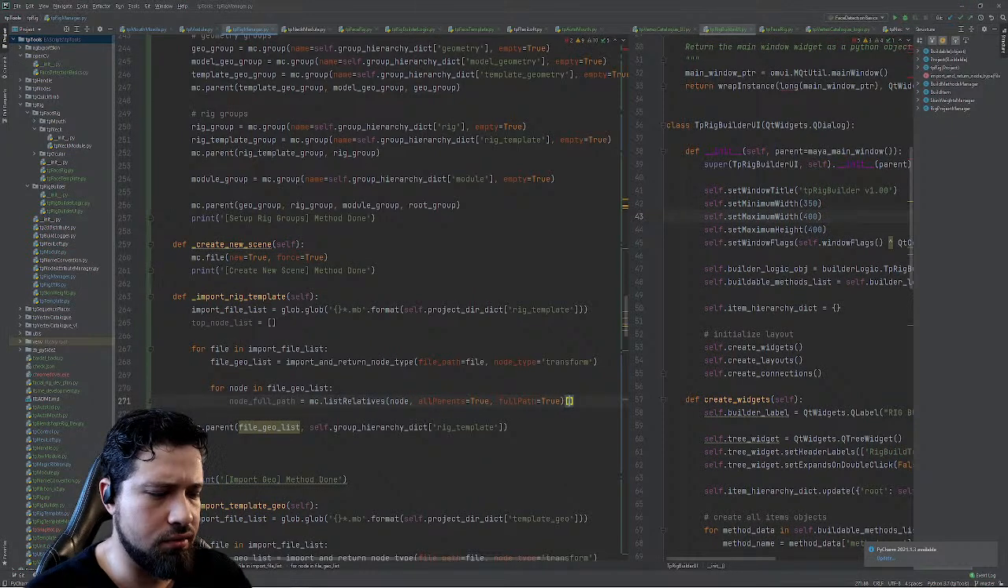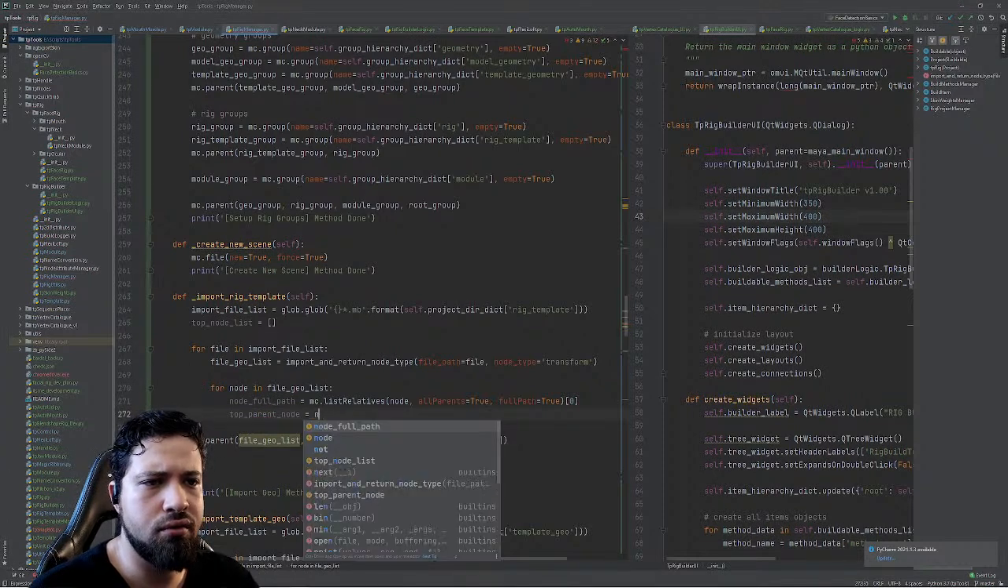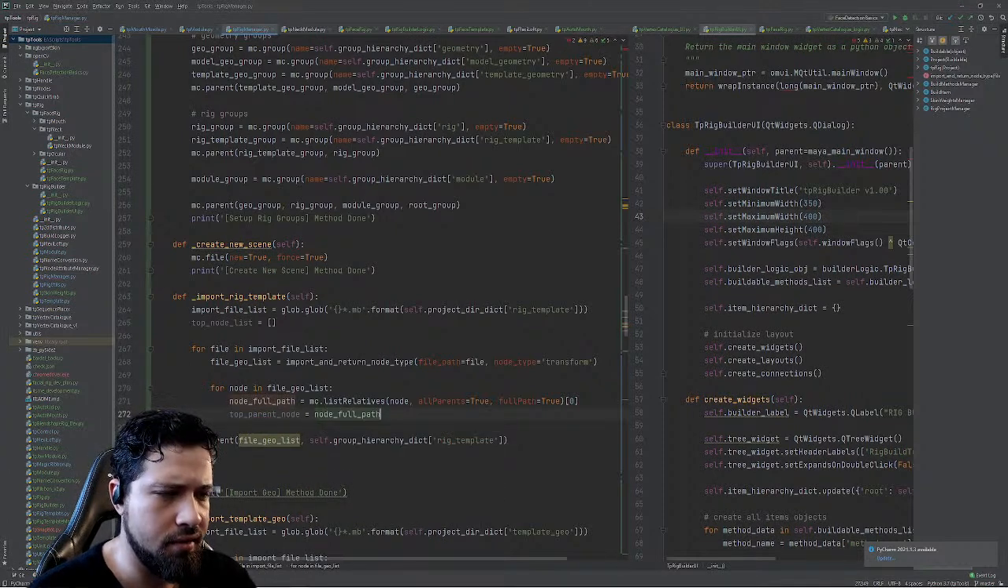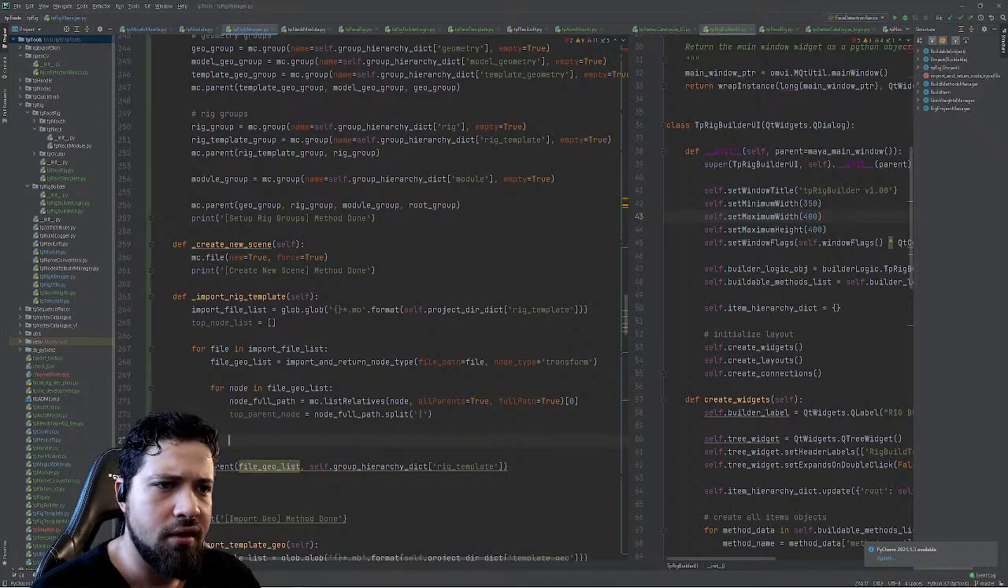All right, so this is going to be the list, and then what we need now is the root node or top parent node equals node full path dot split, and that's going to be the thing that we just did in Maya. And then what we're going to do is, for